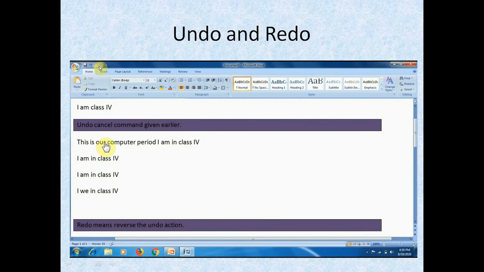Now it's R. Now again if we press, then it will bring back my. Okay, so whatever action or whatever we are writing, if we want to delete, then we can use undo. Okay, and if we want to bring it back, then we have to do redo.